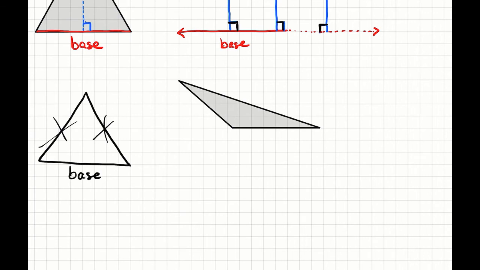Okay, if this is the triangle I'm working with, my base could be here, but my height is going to be out here. It's going to form that perpendicular with the base. So I would measure this distance out here. And in most problems, like the ones in your book, and you'll see this on page 385 in your text,